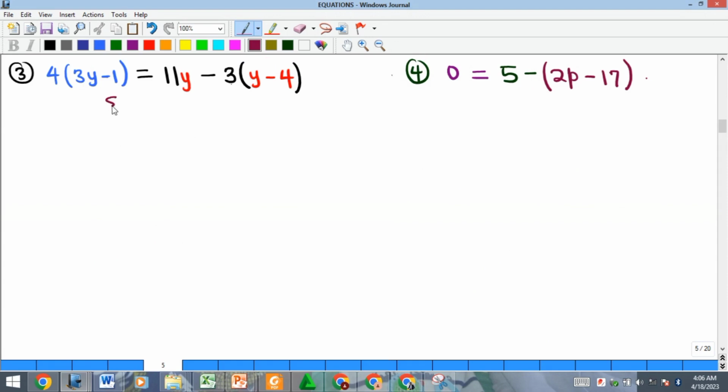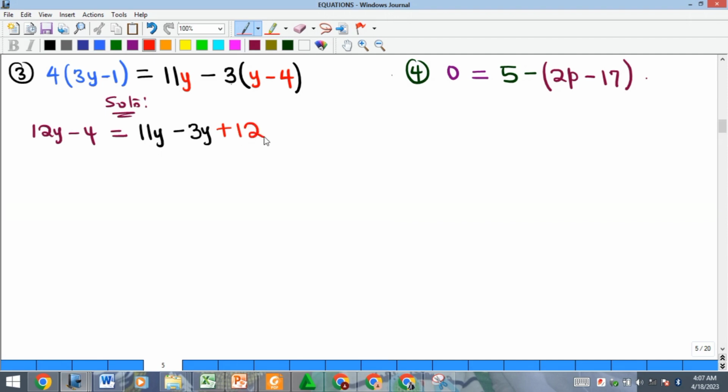Okay, and so for example 3 now, what do we have? So we first of all open up the bracket, you recall. So 4 will multiply 3y to give us 12y. 4 into minus 1 is minus 4, and that is equal to, we bring down 11y and then we have minus 3 times y will give us minus 3y, and then minus 3 multiplying minus 4 will